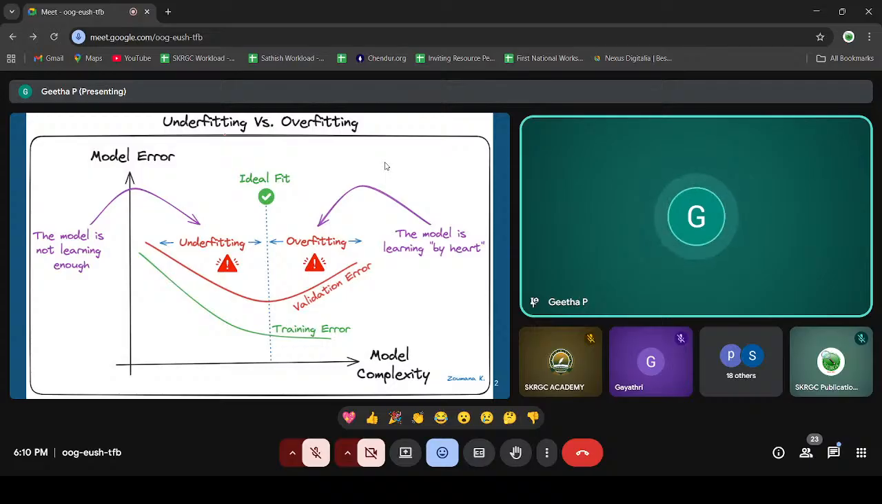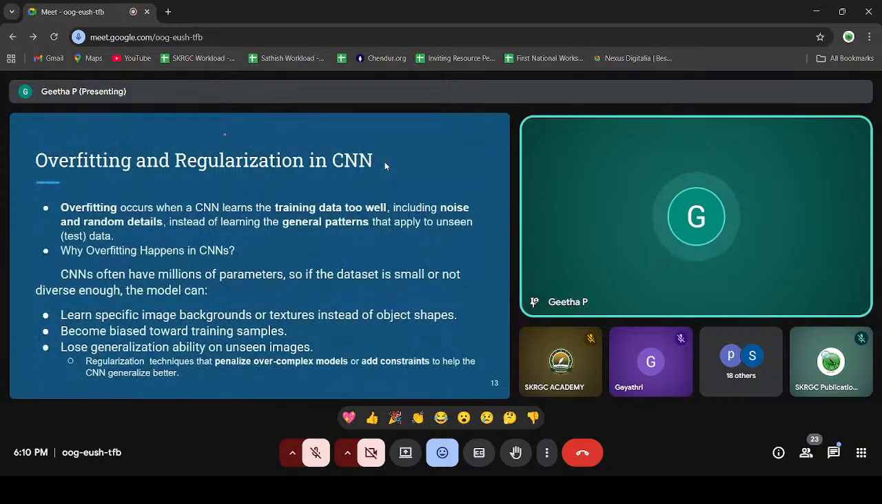Now, overfitting and regularization techniques. Overfitting is a common challenge in machine learning models as well as the CNN. It happens whenever the model learns the training data by heart, including its noise or outliers. This leads to a model that performs well on the training data. So for that we can use